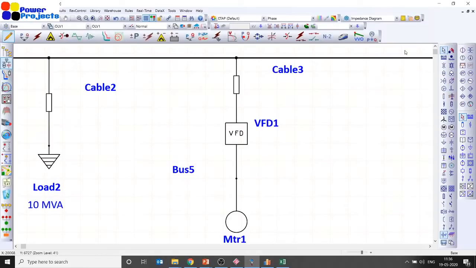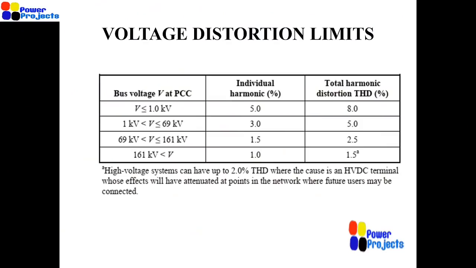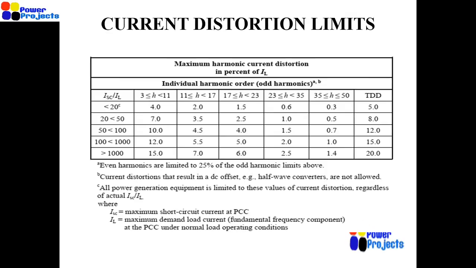Nagaraju asks, can anyone post the IEEE standard for power quality? I think that's what we have discussed, IEEE 519. And what's the voltage level and frequency THD limit? To answer Nagaraju's question, we have given the limits of IEEE 519, both voltage and current, everything. That's what you can see here.